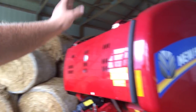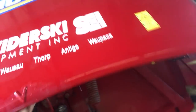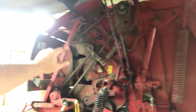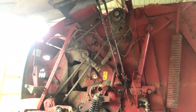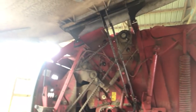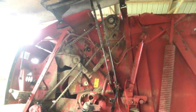It was just about cleaning up all the sides, making it a little more presentable. Why not? You own it. Got to take care of it, kind of like a vehicle. Sorry about that. The other thing I do is I do not take a pressure washer in here. I do blow it out with a compressor. It is amazing the pile of chaff, dust, and particles that are on the ground after you are done. I do it over by the machine shed. Maybe I'll even show you here a little bit later. Little wash job and a full service. This thing is locked, loaded, and ready to go,